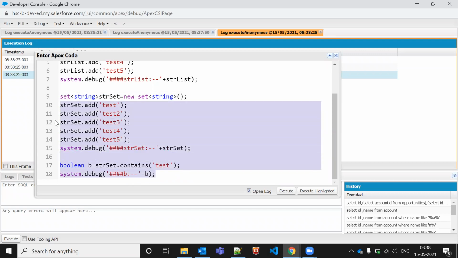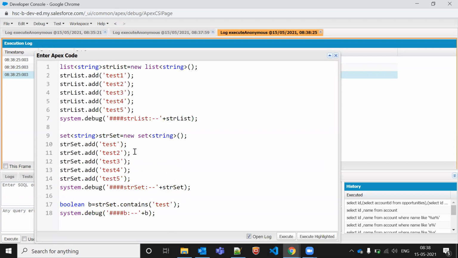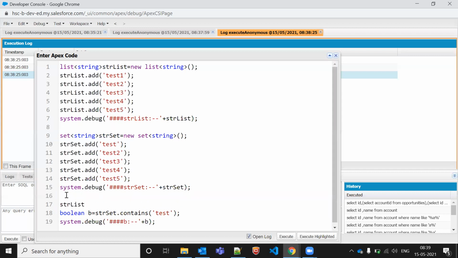Okay. So similarly, you understood or not? And one more thing: if any requirement is there where you need to add from a list to a set or a set to a list, you need to add all these values into this list. Like you need to transfer all the data from line number 9 to line number 1. How will you do it? So after completing all this execution, I'll do dot add in this list. We'll say dot addAll, because we are adding from one list to another list, or one set to another set.